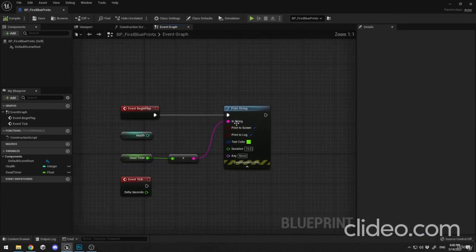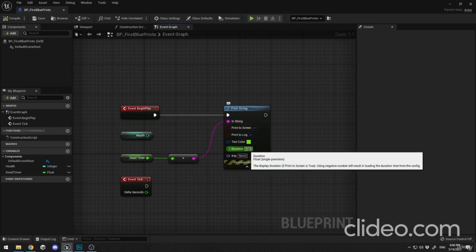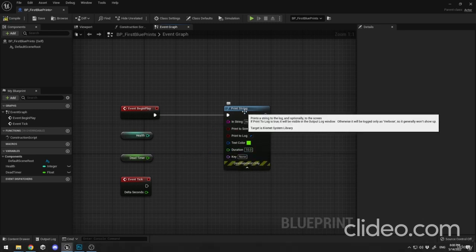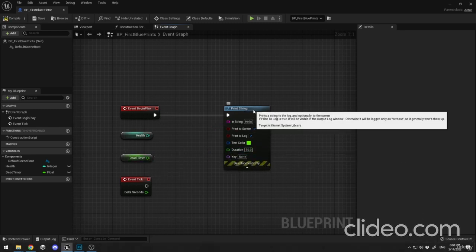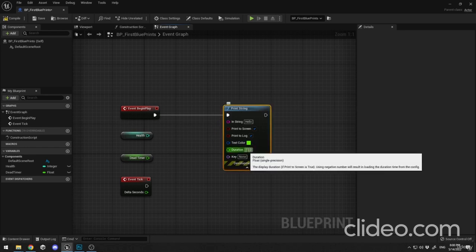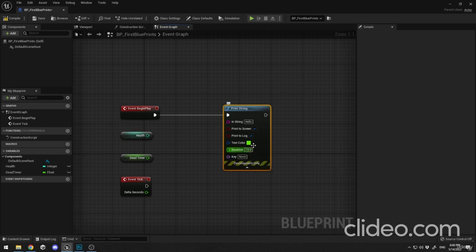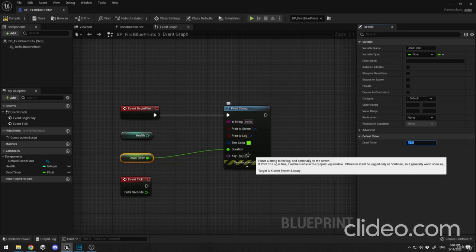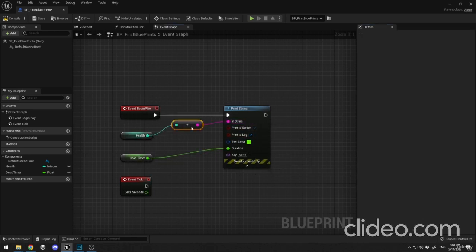But there is something else. Here is pink. So pink means it's a string. But here at the duration, you see we have 10.0, which is a float. So for example, if I want to set up a dead timer, and if I don't want this duration to always be 10, and if I want to control this duration through some game logic and not to always be 10, I'm going to connect my dead timer to my duration. So right now my duration will be whatever I put over here. So I can put 15, and after 15 seconds, if I connect the health over here, the health text will